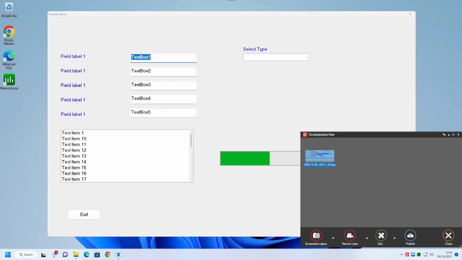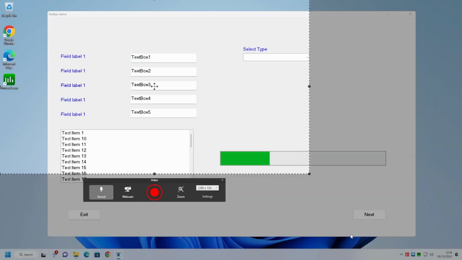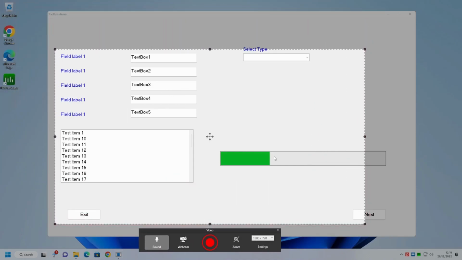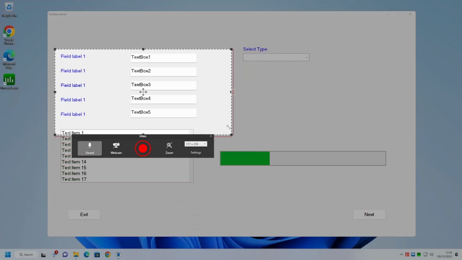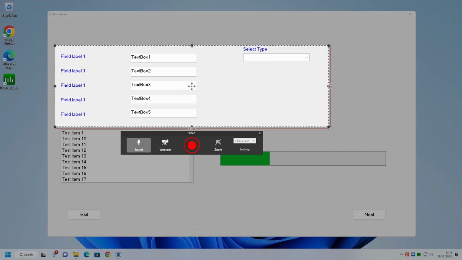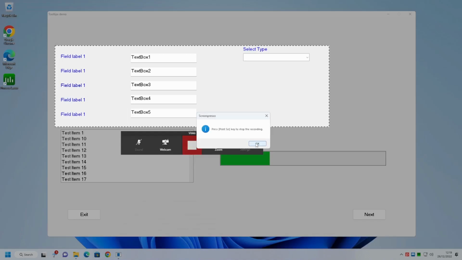But ScreenPresso goes even further. We can record actual videos with this. So we go down to the record video, and it gives you an area on screen. Now you can make this area as big or as small as you like. Let's just bring it down to this level here. We're going to record this as a video. If we click on the video start button, it's now started recording. So anything we type in will be recorded in the video.